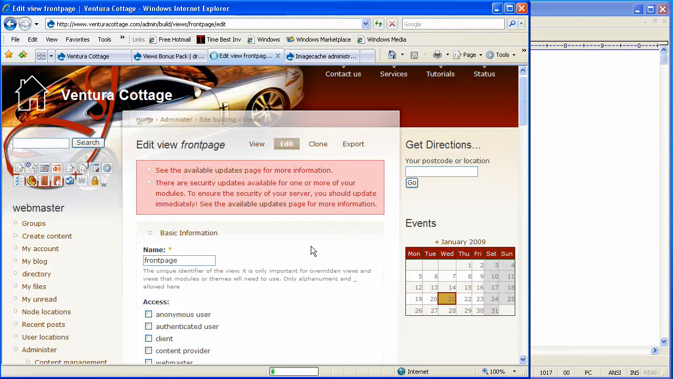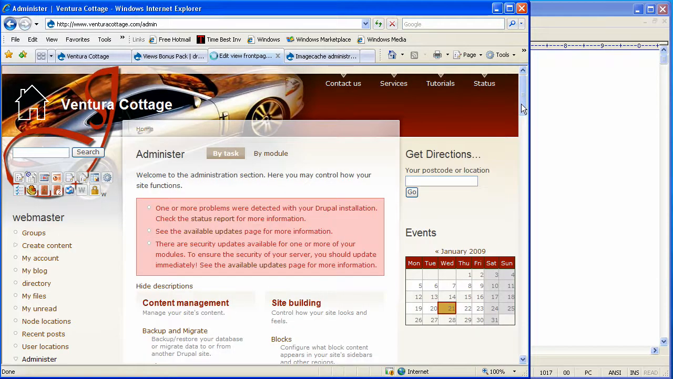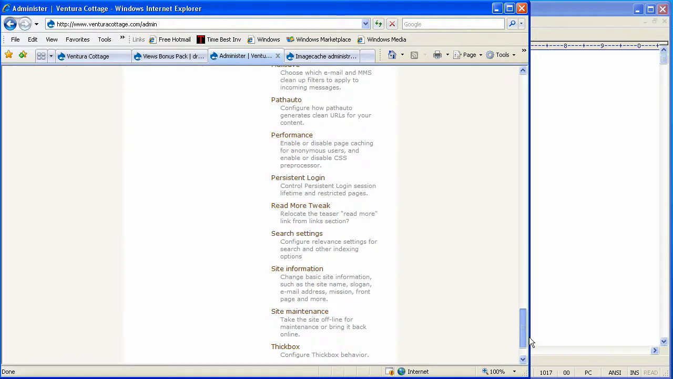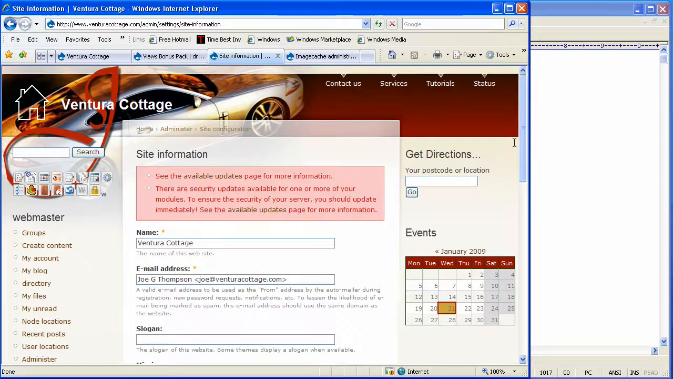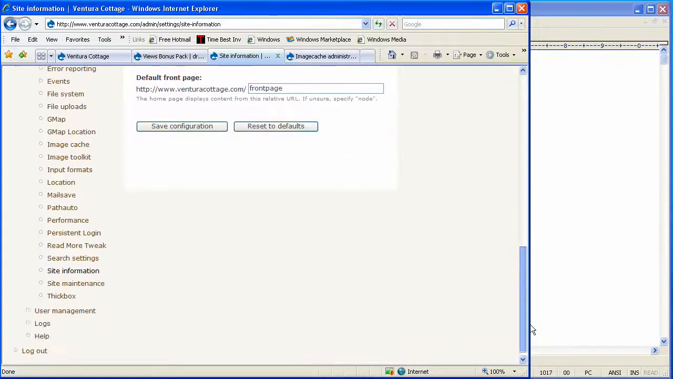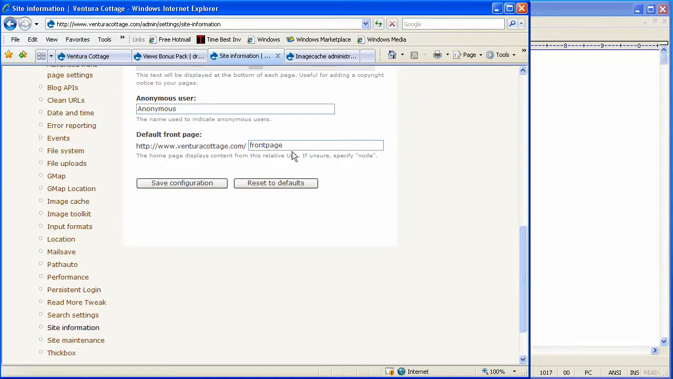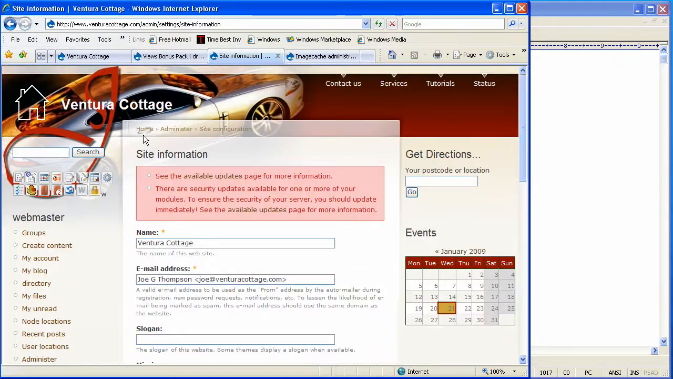what we'll be doing now in the administer section is scrolling down to site information, and at the bottom of site information there is the default setting for what the front page is. Here we go, default front page. That would normally say node. We alter it to our view, which is called front page. When we save that configuration and go back to the home page,